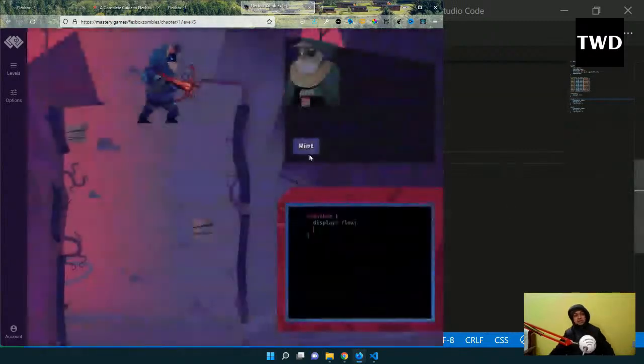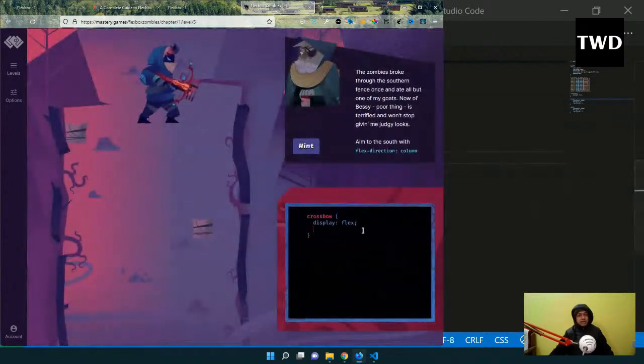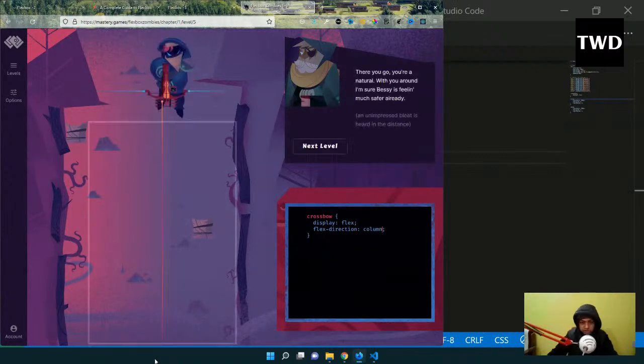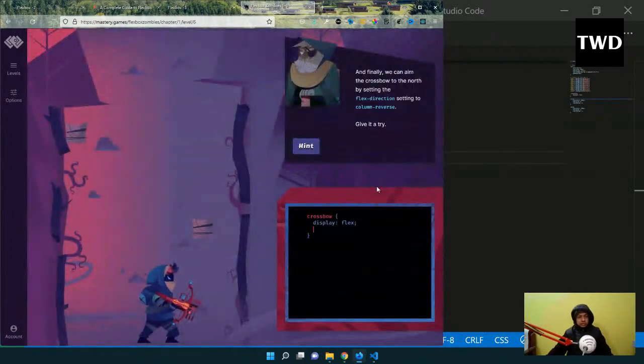So like this you can go and do it, and it is like, what is a column? So as I've told, column is from top to down. So it is like that. Flex direction is column. See, you all will enjoy this game. It is really cool, and you learn Flexbox in this way. So this is one way to learn, and the other way is to